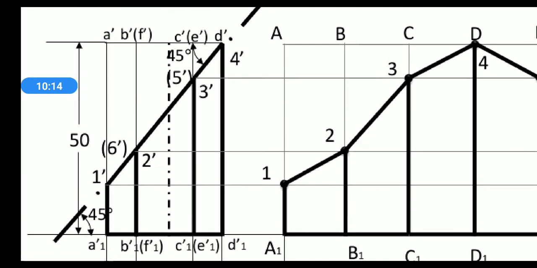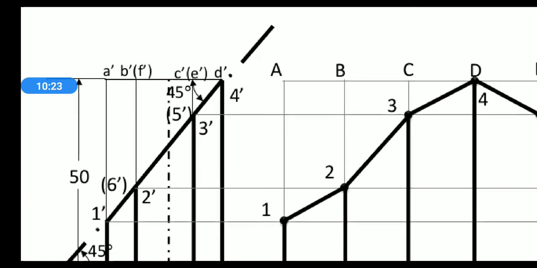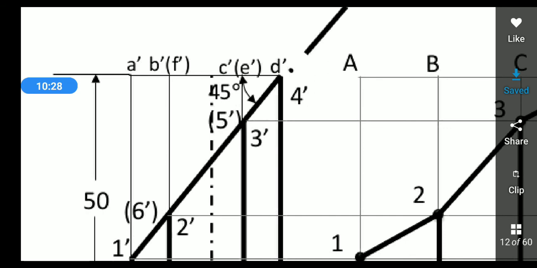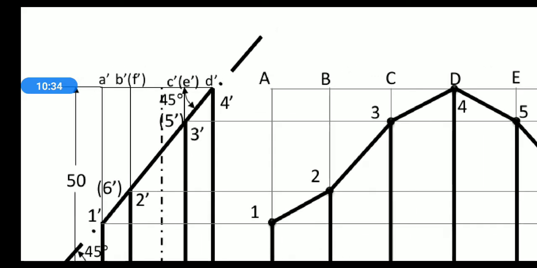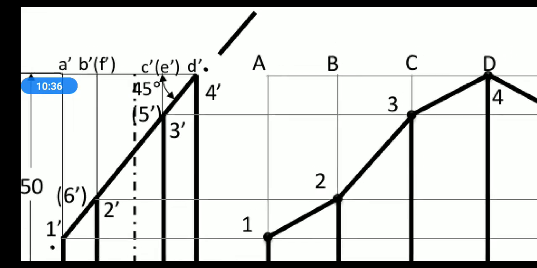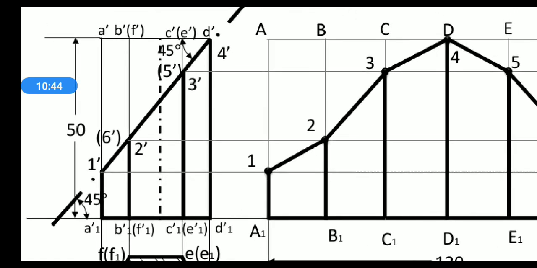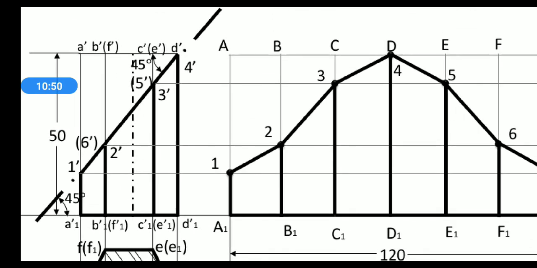And as in the problem, it is passing through the right corner and making 45 degrees. The section plane is cutting at the right top corner. So as you observe here, it is making 45 degrees, and the section plane is cutting the right corner. At the right corner we have to make 45 degrees with a protractor or with the mini drafter, and the section plane is passing through the prism. Once the section plane has passed through the prism, we have to make it dark, and we have to make the lettering 1 dash, 2 dash, 3 dash, 4 dash, and those which are invisible, 5 dash and 6 dash, we have to keep in brackets.